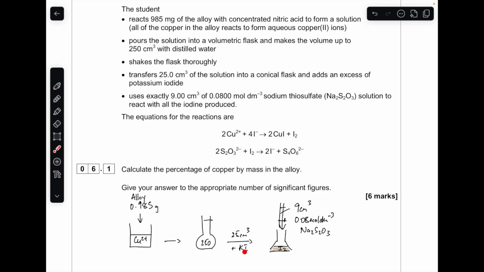Some potassium iodide is added, and that's obviously generated the iodine. And then the iodine is being titrated with the sodium thiosulfate solution in the burette. And we've got a titre of 9 centimetres cubed, and the concentration of the sodium thiosulfate is 0.08 moles per